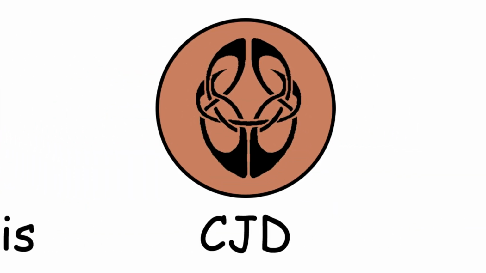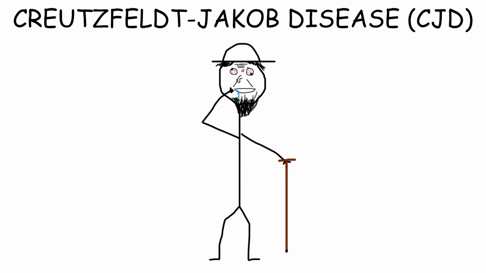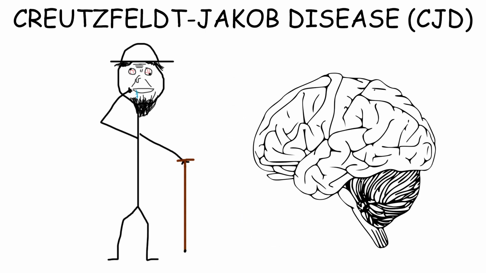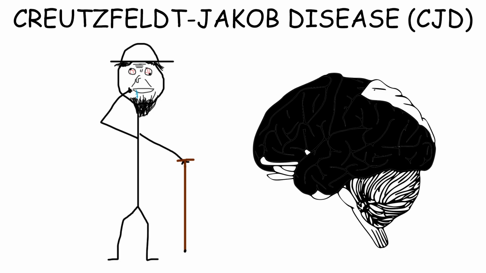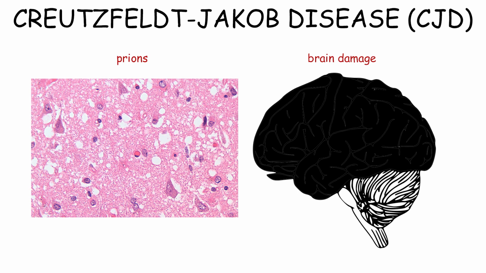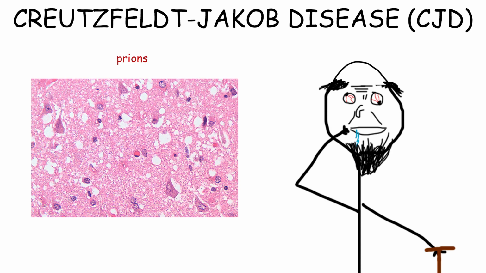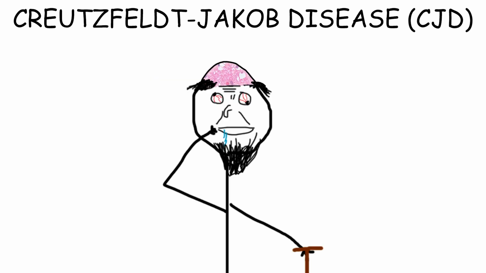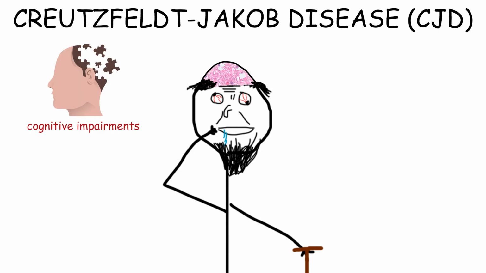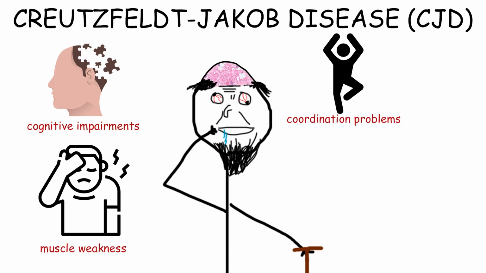Creutzfeldt-Jakob disease, CJD, is a rare but deadly non-inflammatory neurodegenerative disease that leads to rapid progressive brain damage. This condition is caused by the uncontrolled development of abnormal proteins called prions, which accumulate in the brain and cause damage to nerve cells. Individuals with CJD experience various symptoms, including rapidly progressive cognitive impairments, muscle weakness and coordination problems,